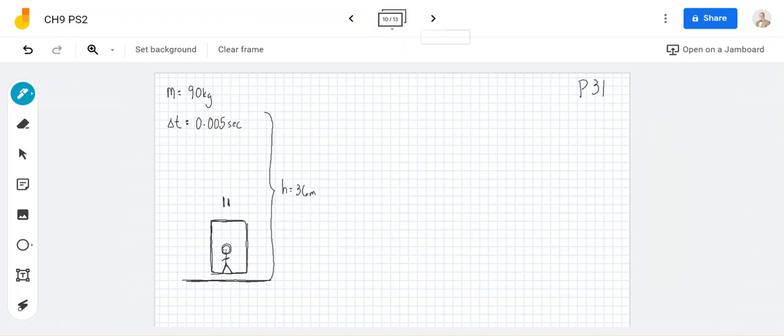Here's a weird one. After a cable snaps and the safety system fails, an elevator cab free falls from a height of 36 meters. During the collision at the bottom of the elevator shaft, a 90-kilogram passenger is stopped in 5 milliseconds. Assuming that neither the passenger or the car rebounds, what are the magnitudes of the impulse and the average force during the collision? Well, we got to do a couple things. We got to figure out how far it's gone, but during the collision,